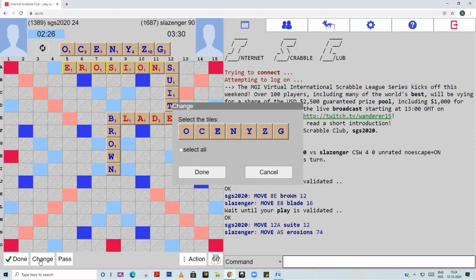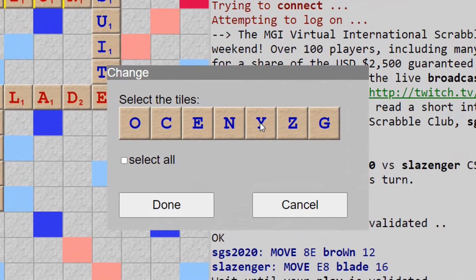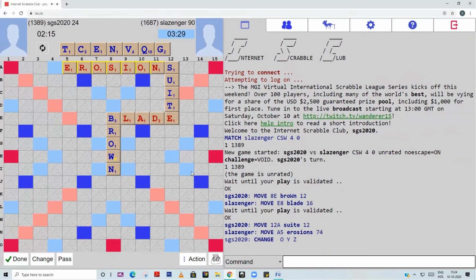For that I'm going to click the change option. You can either select all the tiles and change it or you can select whatever tiles you want. After you select your tiles, click on done. This is considered as one turn.